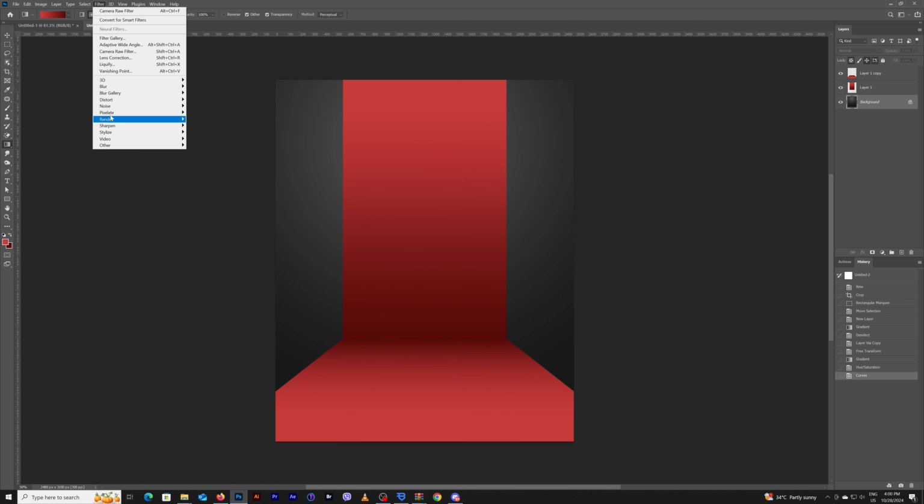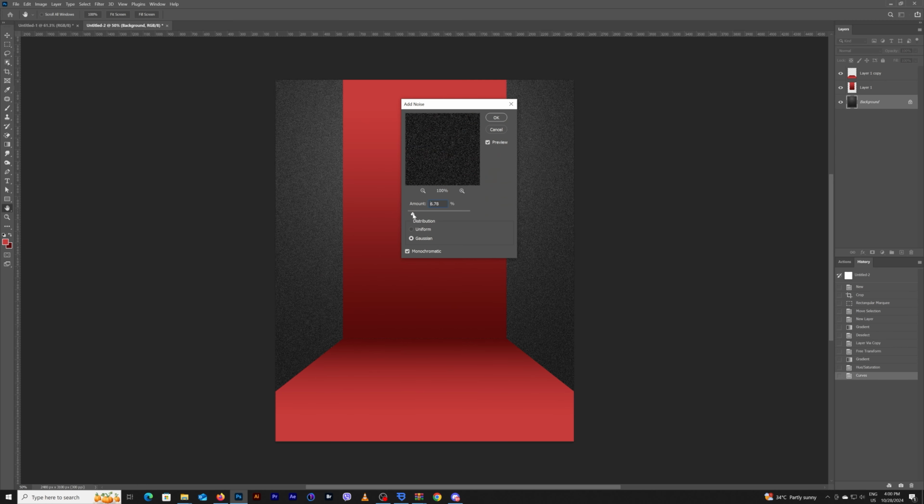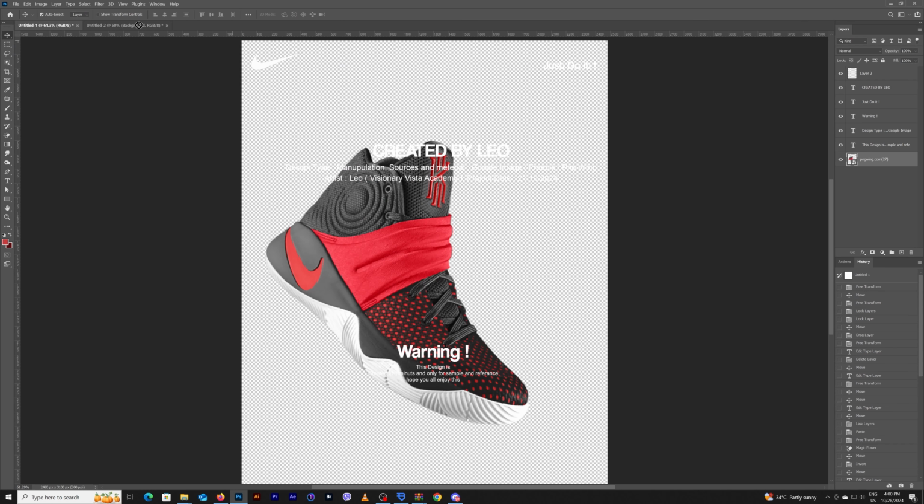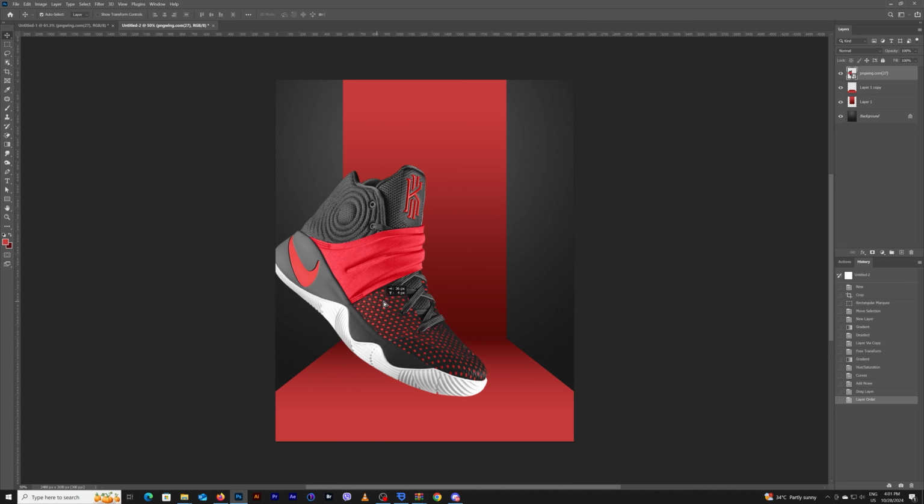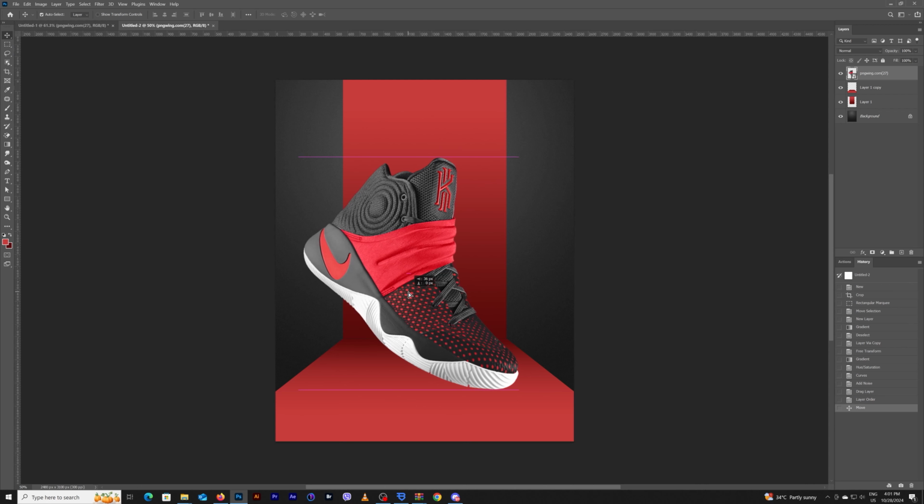Now our design looks something like a room, and I'm going to add a little noise in the background. After that, I'm going to drag our sneaker into our design and make a little composition. And I'm going to create the shadow of the sneaker with the pen tool, which looks like a realistic shadow in a room,